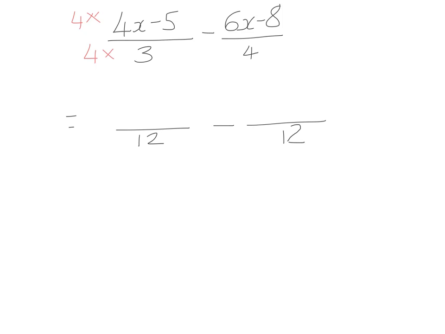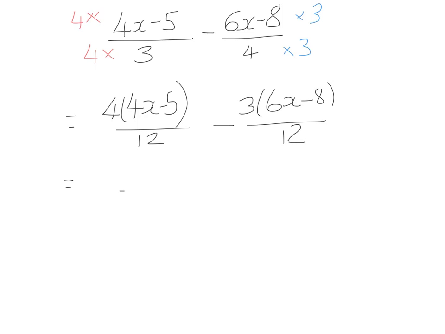Okay, so writing that at the top, remember it's 4 and it's multiplying everything at the top of that fraction. Similarly, at the other side, to get from 4 to 12, I needed to multiply by 3. So I'm going to need to multiply the top of this fraction by 3. And be careful how you write now, 3 bracket 6x minus 8. I can now combine this and put it over one fraction. I'm going to have 4x take away 5, take away, making sure you're just carrying the sign,